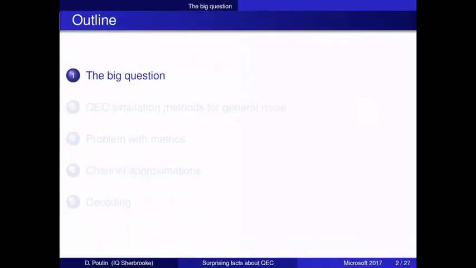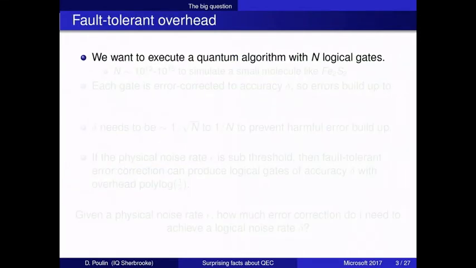I suppose that, I mean, it's surprising to me, and I'll let you be the judge after this talk. So let me explain to you what is motivating this line of research.